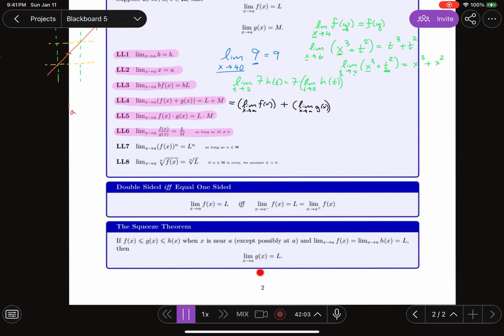This is kind of like one of the first big momentous points in calculus, and that's when you introduce the squeeze theorem, a very, very big limit theorem. And what it says is if f of x is a function that's always below or equal to g of x, and h of x is a function that's always above or equal to g of x, in other words, g of x is squeezed between f of x and h of x when x is near some number a,